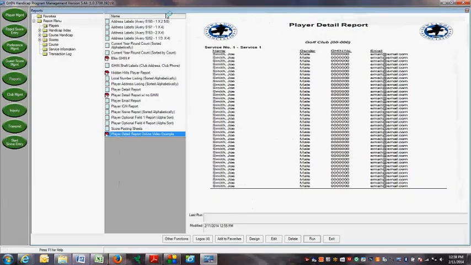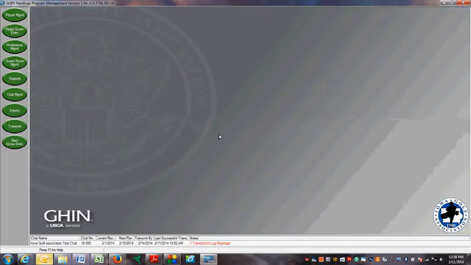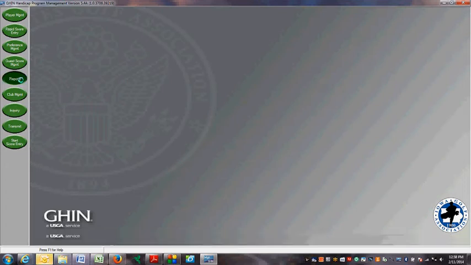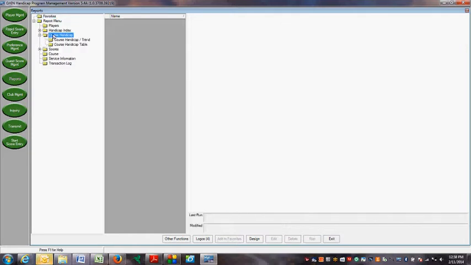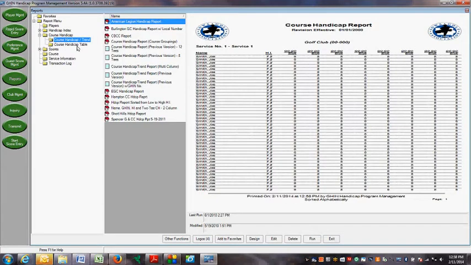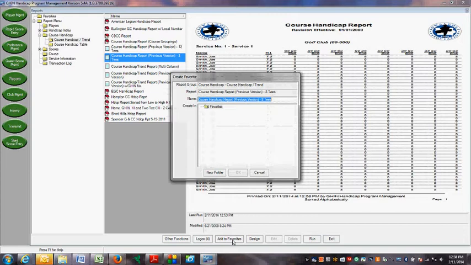Go ahead and close this. I'm going to exit out of this again. And the last thing I'm going to show you in reports is the favorites folder, which opens up when you first open the report. And for most of you, it may be blank. There might be nothing here. But let's say my course handicap folder, subfolder course handicap and trend, and I like that 8 version handicap report. I can select it, click add to favorites. I could even name it whatever I'd like. I could say it's my bulletin board report